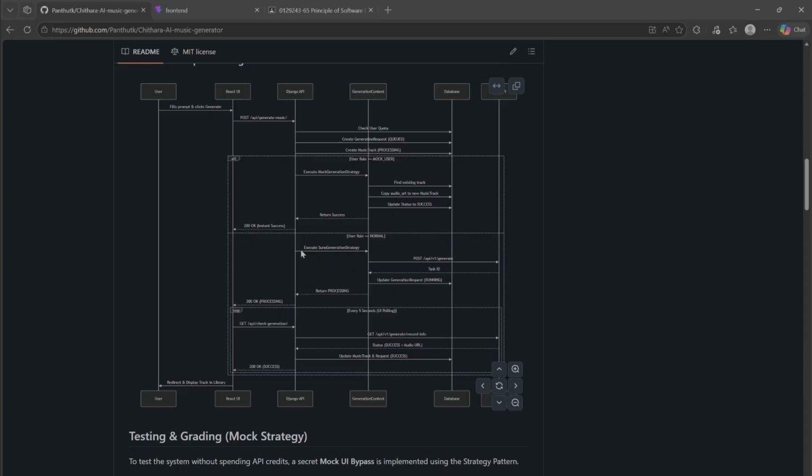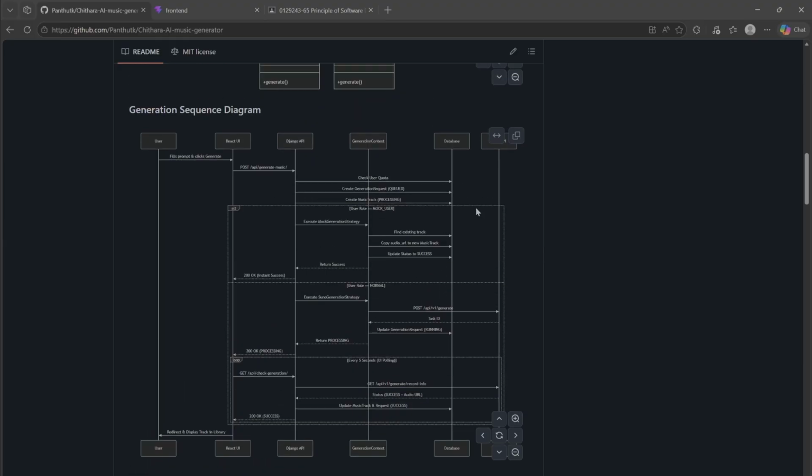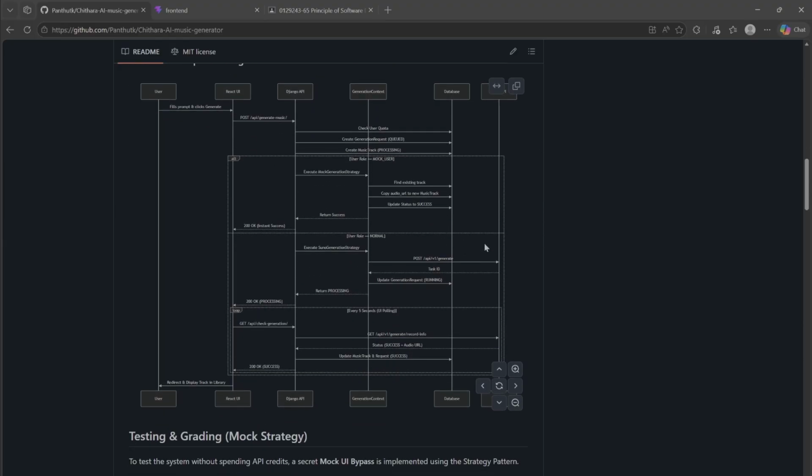For a normal user, it executes the Suno generation strategy that posts to the Suno API. Suno returns the task ID, our generation context updates the generation request, and it returns processing to our front end.